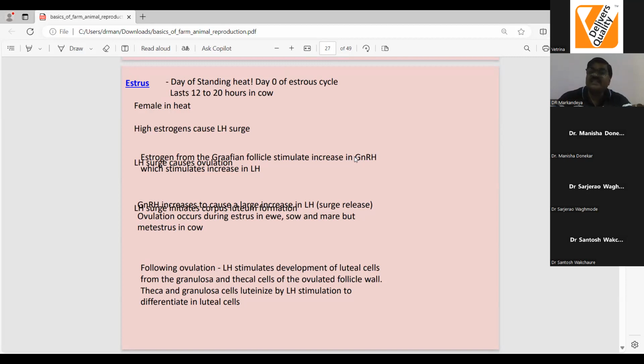Unless there is a developed Graafian follicle on the surface of the ovary, never recognize that particular stage as estrus. Signs may be like estrus, but the follicle is mandatory. The developed follicle has this role, and therefore we are getting 30 different types of estrual signs in case of the animals.